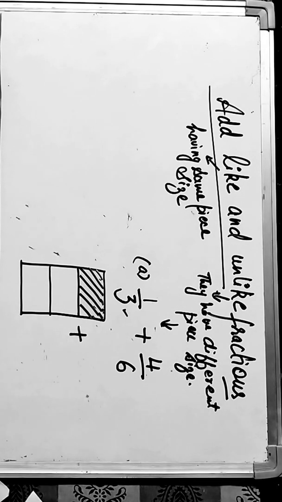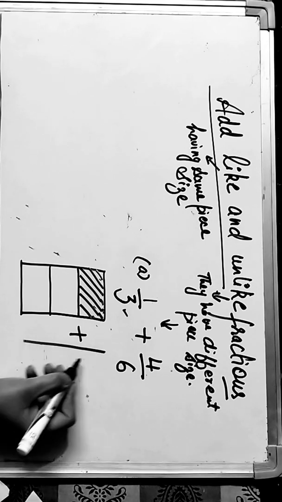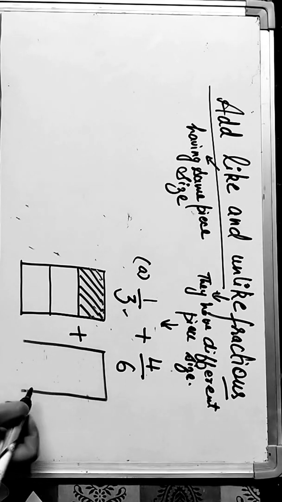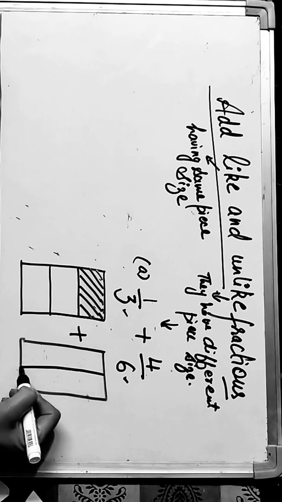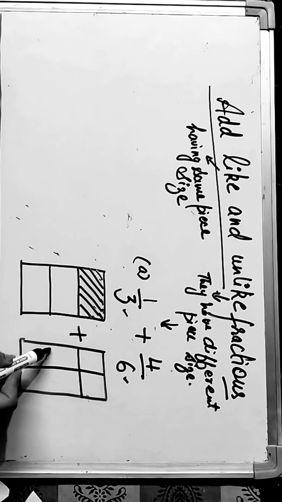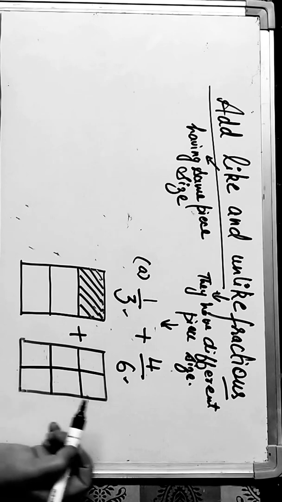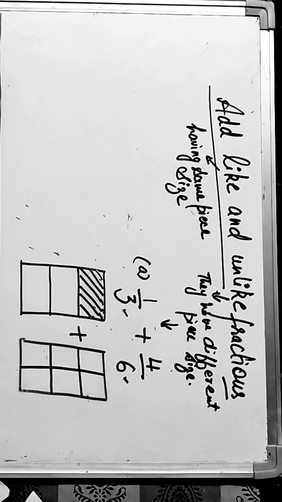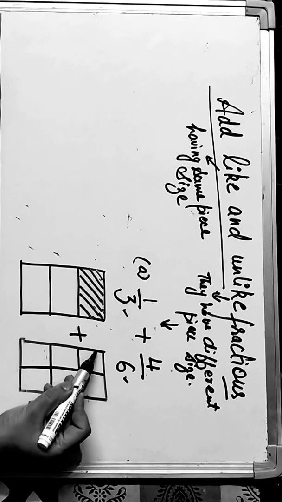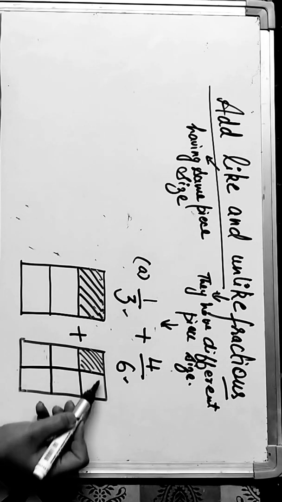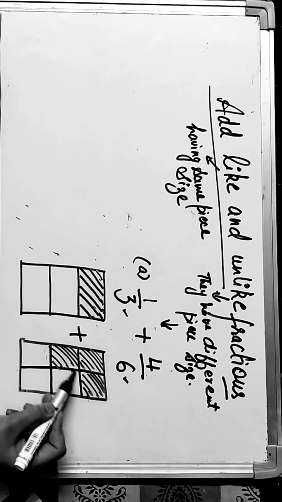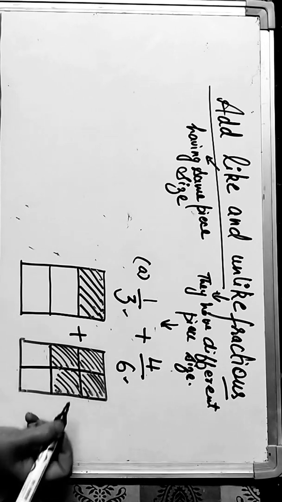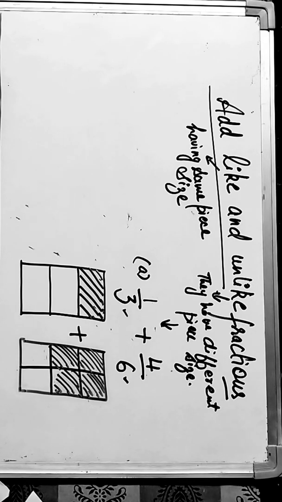And we have to add the chocolate of the same piece size. And how many pieces are there in total? There are 6 pieces, as the denominator is showing 6. And how many are we dealing with? 1/6, second sixth, third sixth, fourth sixth. So this is 4/6. What can we do here?